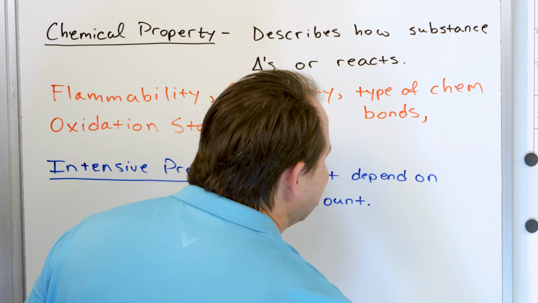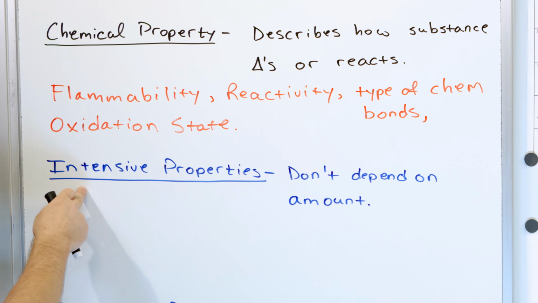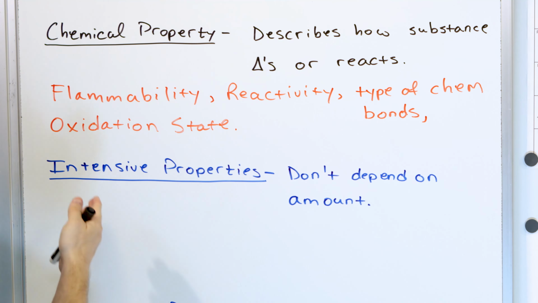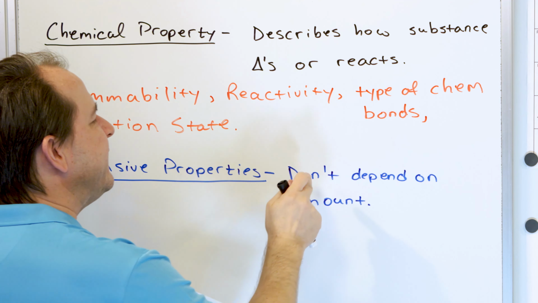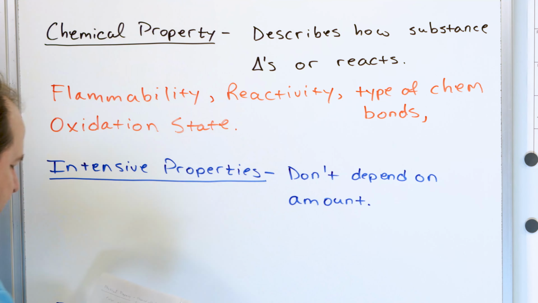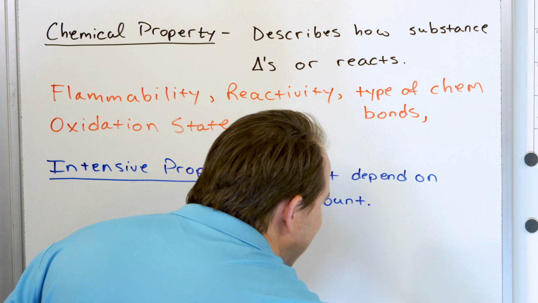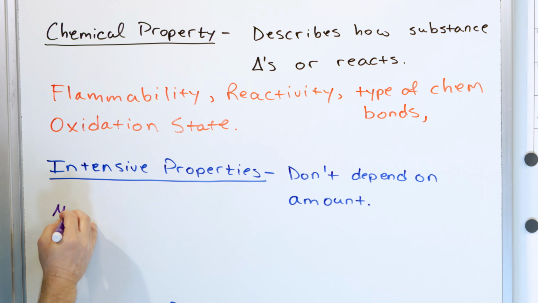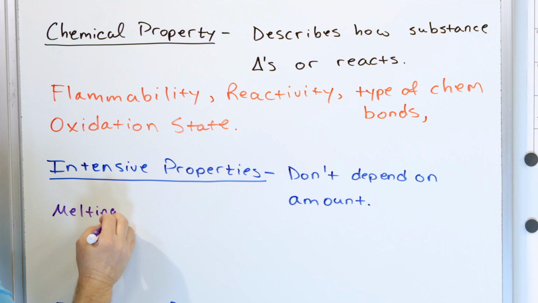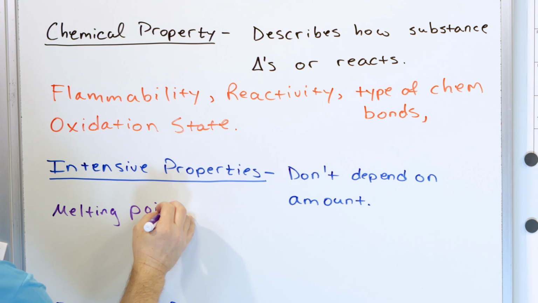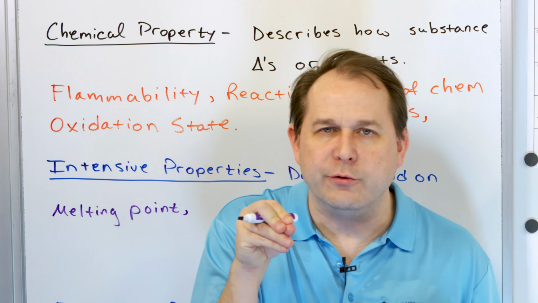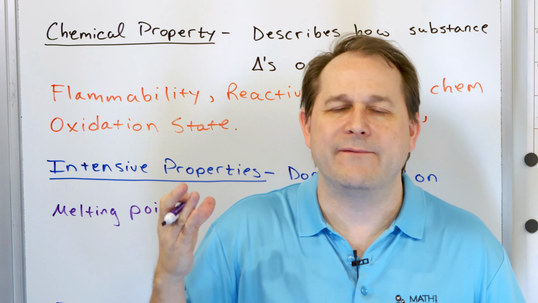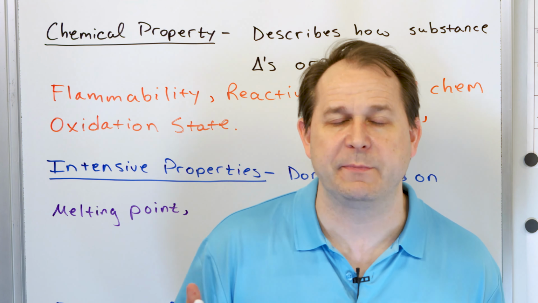Next, we have this idea of an intensive property and an extensive property. So again, I don't have very many words here, but an intensive property is a property that does not depend on the amount of a substance. And it's just going to be easier to write a couple of examples down and show you that. So for instance, the melting point. The melting point of ice, it doesn't matter if I have one little ice cube or an iceberg. The melting point of ice is totally independent of how much material I have.